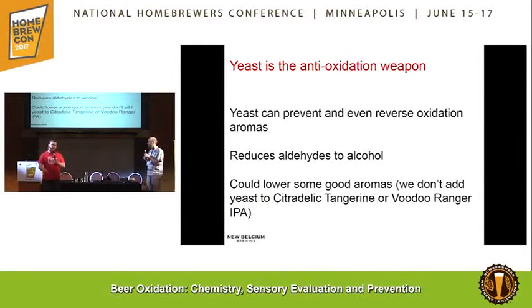Instead, we add a controlled amount of yeast back into the package right when we do it. If you were here for the previous talk, we talked about adding dry yeast back. That's exactly what we do. We mix up a slurry of dry yeast on our can line and dose it into the cans at a very controlled rate. We started originally just doing that for Fat Tire, but as we've extended the amount of beers we put in cans,